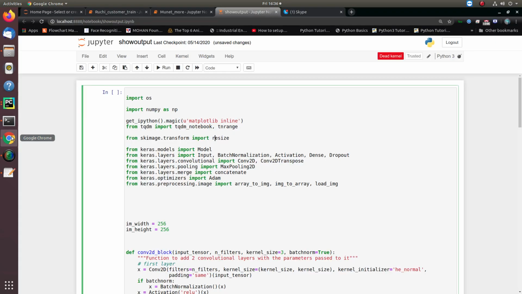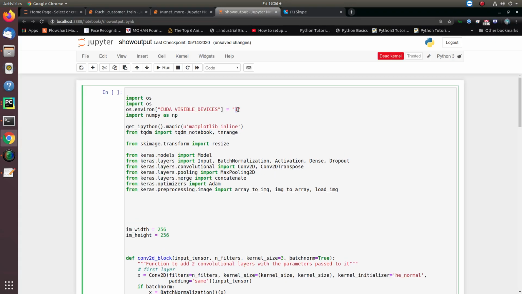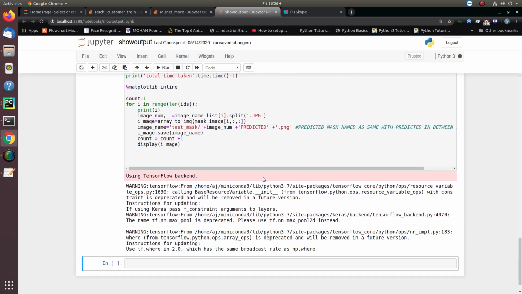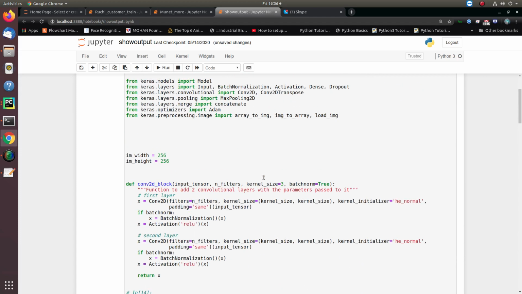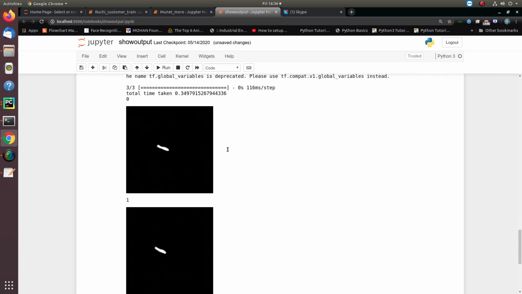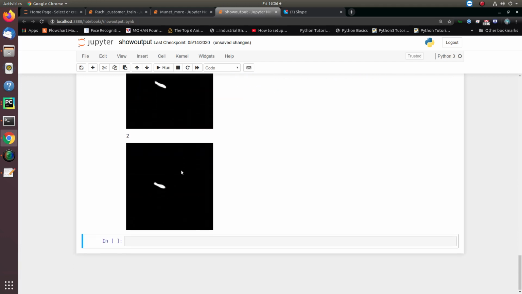In that case, it avoids CUDA and brings all the processing to the CPU. Let's see how it works. Now you can see here I transferred all the processing to the CPU, and these are some of the outputs I have obtained.